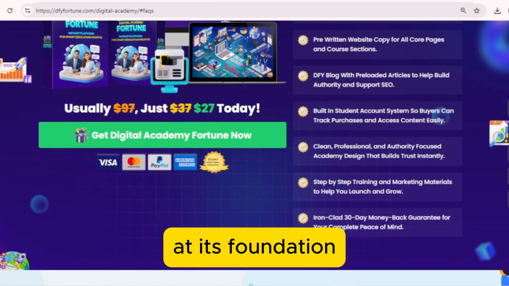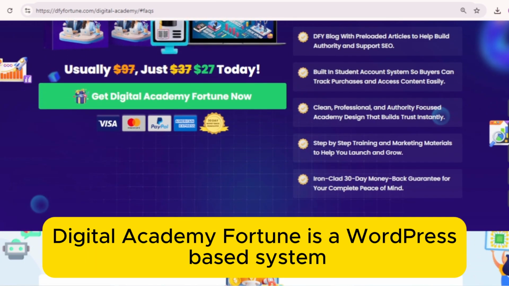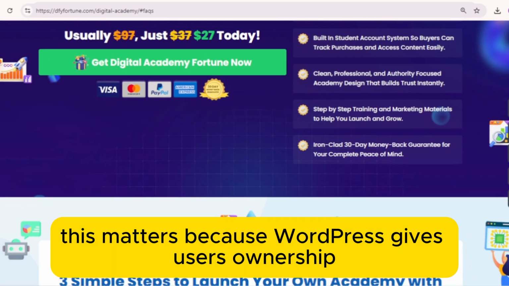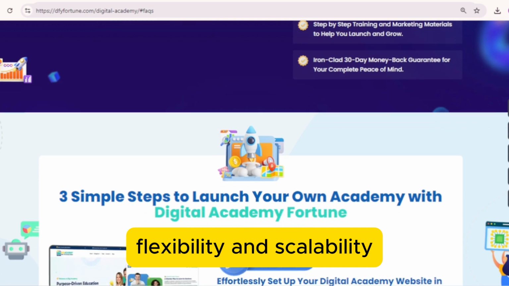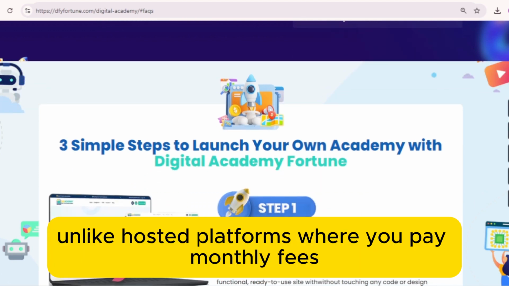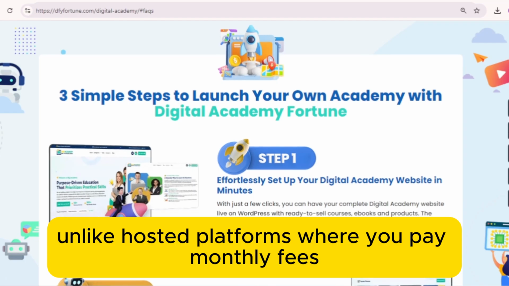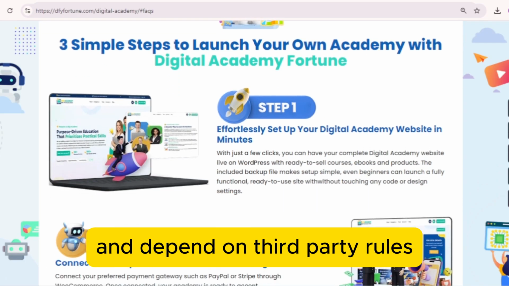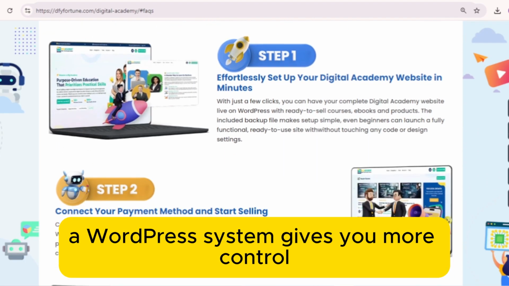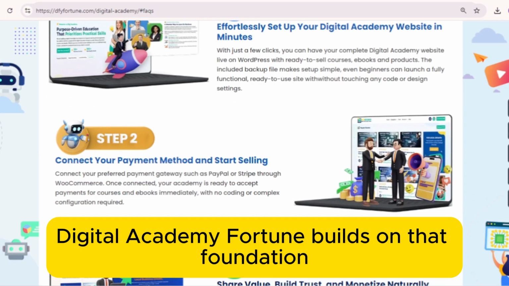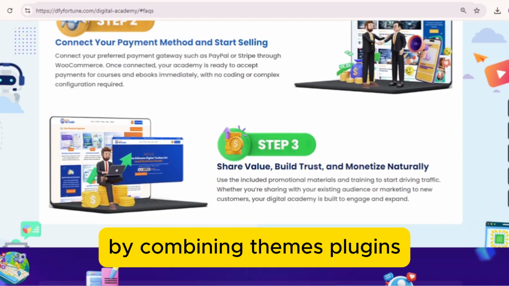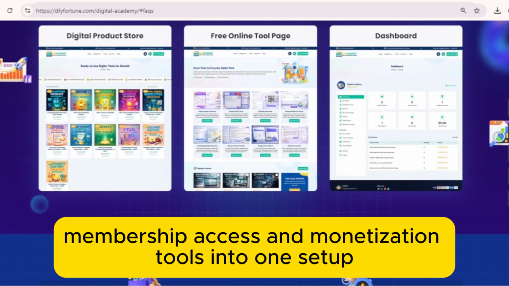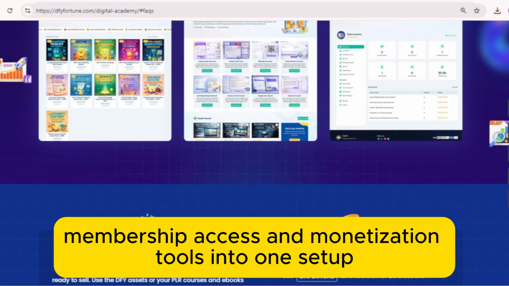At its foundation, Digital Academy Fortune is a WordPress-based system. This matters because WordPress gives users ownership, flexibility, and scalability. Unlike hosted platforms where you pay monthly fees and depend on third-party rules, a WordPress system gives you more control. Digital Academy Fortune builds on that foundation by combining themes, plugins, course structures, membership access, and monetization tools into one